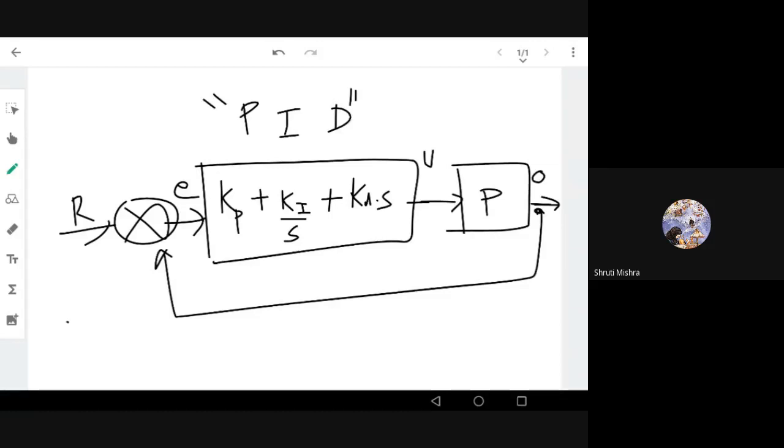Now we should know how to simulate this in MATLAB. Maybe in the next class we can discuss how to simulate a PID controller. You should go to the Simulink model in MATLAB. You just type Simulink in the command window. You can see some window, the Simulink window, will be opening. Maybe I can show it right now. Maybe I have to connect again. So I will just tell you